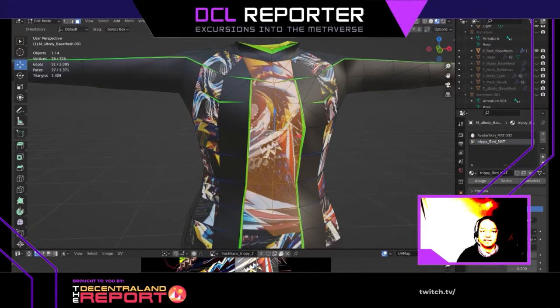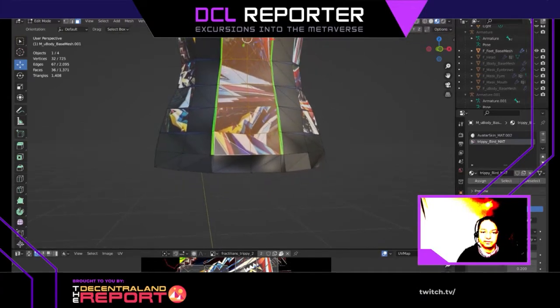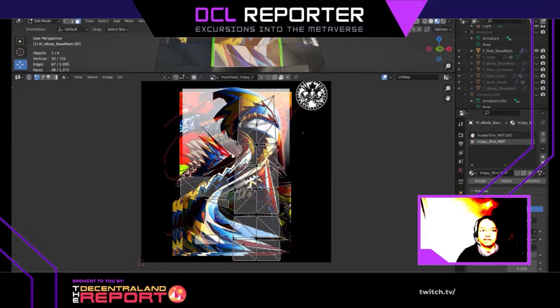I'm going to click and drag. So all I'm doing is shift clicking and selecting that area, and let me show you what happens. Down here, this is what you call the UV map area. All those triangles are represented down here, and it shows you what area of the image is actually being shown